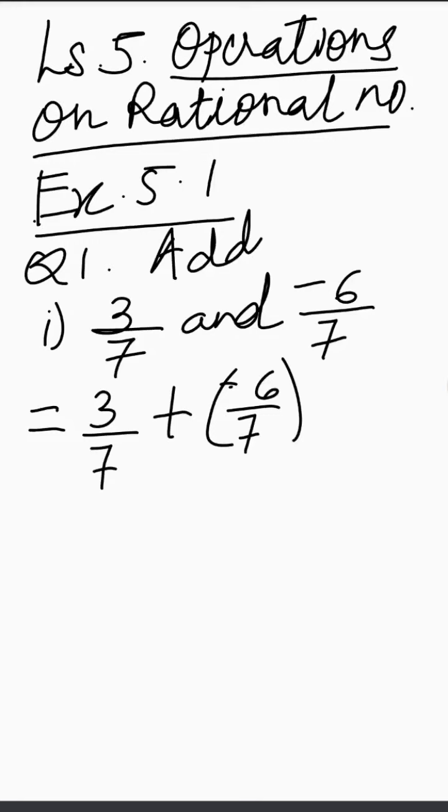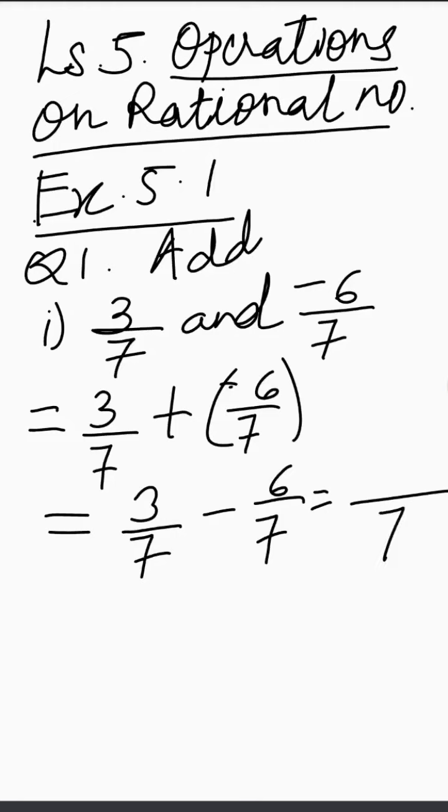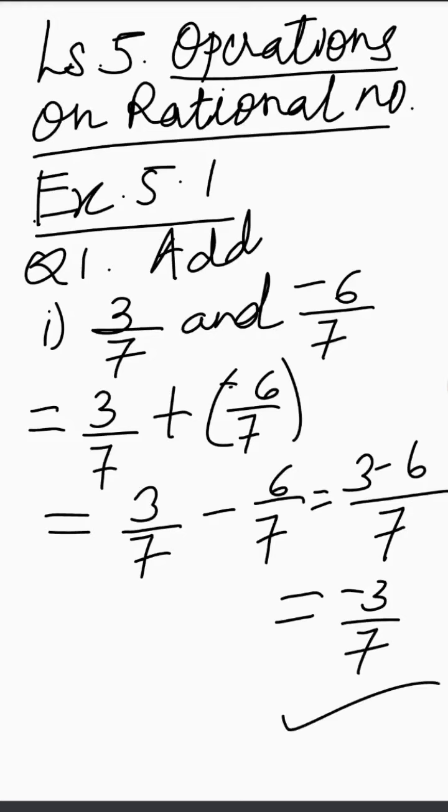Now children, you know this bracket means multiplication sign. Now next step, always remove the bracket first. So what we do, write 3 by 7 plus into minus is minus 6 by 7. Now here children, you can see the denominator is same, so you have to write one time the denominator, 3 minus 6 in the numerator, and you know 3 minus 6 is what? Minus 3 by 7 is the answer. Okay, so in this way you can solve all the remaining examples.